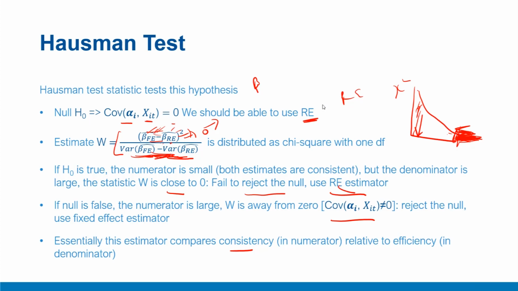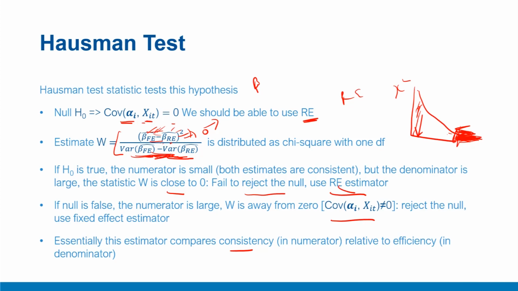To summarize this video, we discussed the condition in which we should use random effect or fixed effect. We noted that the covariance between unobserved heterogeneity and xit, the independent variable, is what determines whether we go ahead with random effect or fixed effect. We also saw the construction of the Hausman test and how it helps us in determining, depending upon acceptance or rejection of the null, whether to choose random effect or fixed effect.